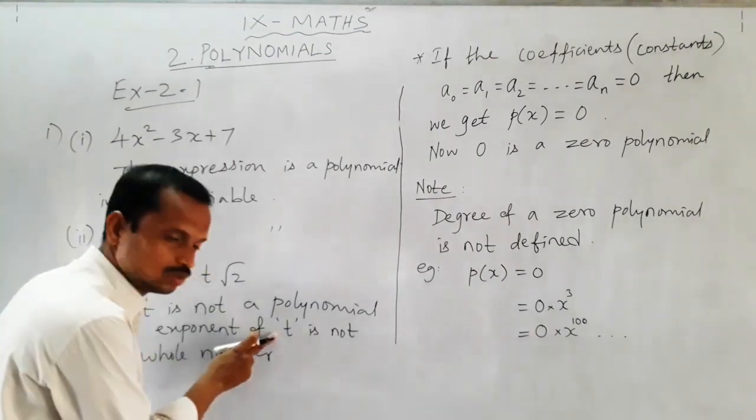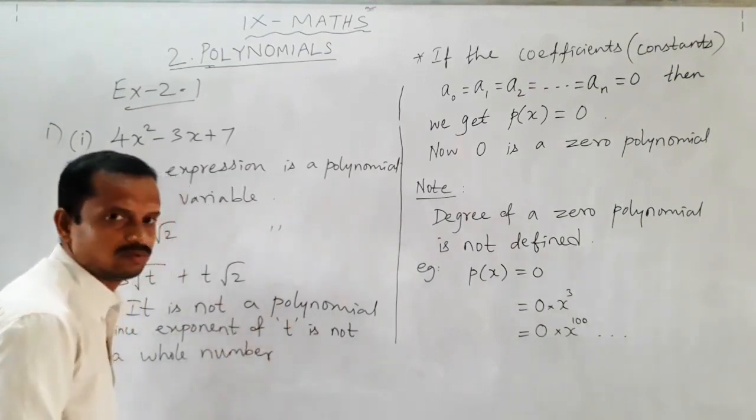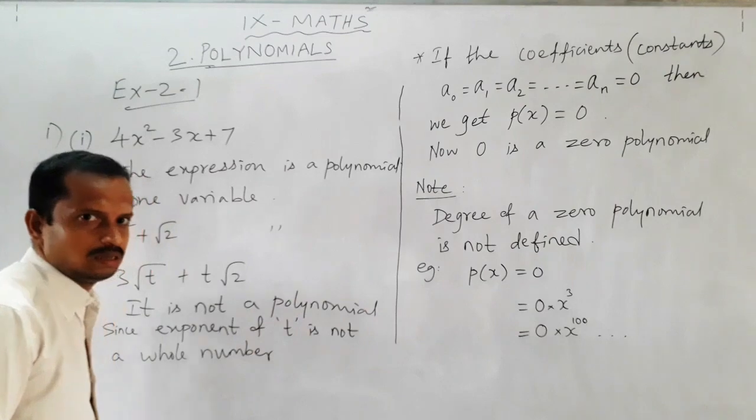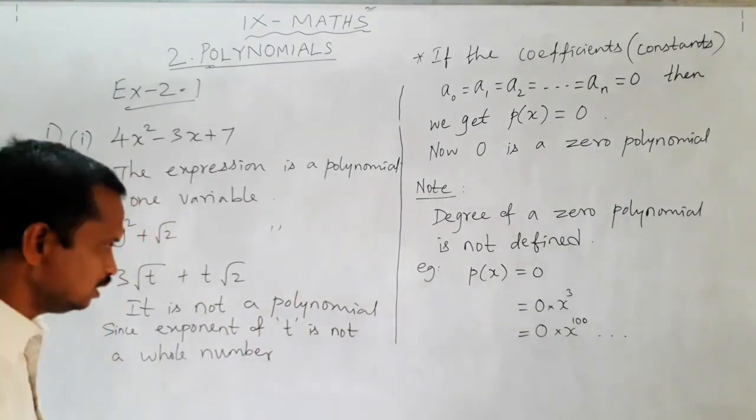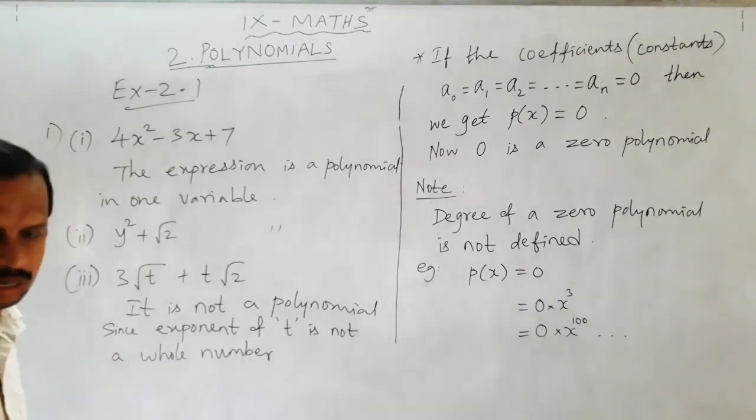I have given single quotation. You don't take the t power 1 and all. Single quotation I have given. The exponent of the variable t is not a whole number. That is the reason why we are saying this is not a polynomial. Like that we can